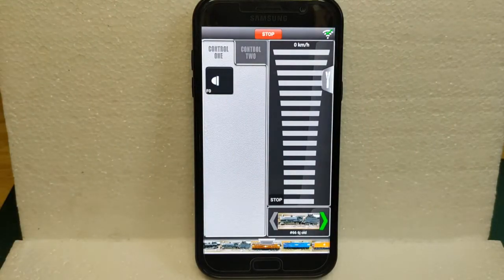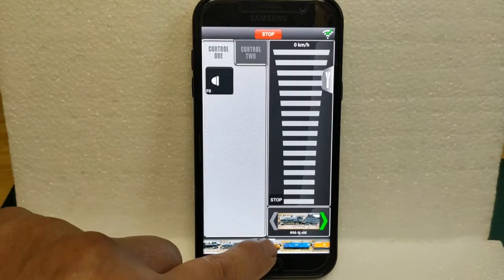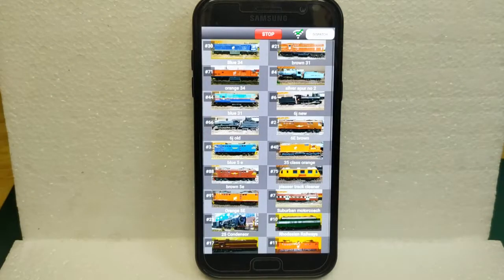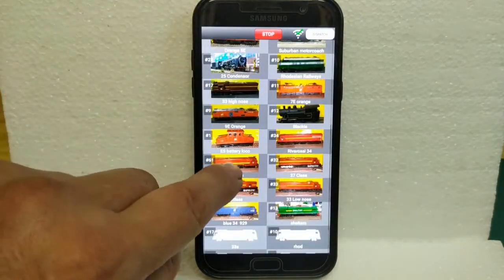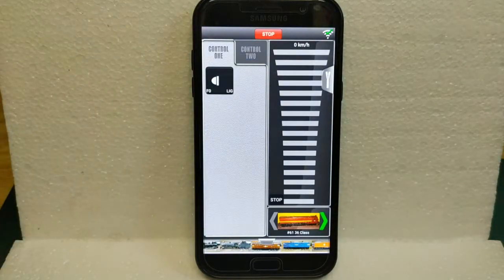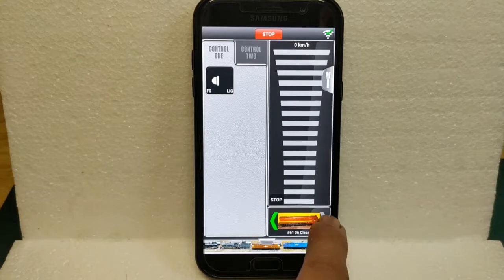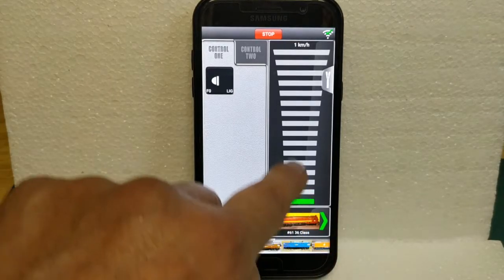There is a second way of selecting a locomotive, and that is by sliding up, and there is a whole window of all the different locomotives. Simply tap on one that you want to control. It will be brought up, and you can control direction by pressing the arrows, and speed,